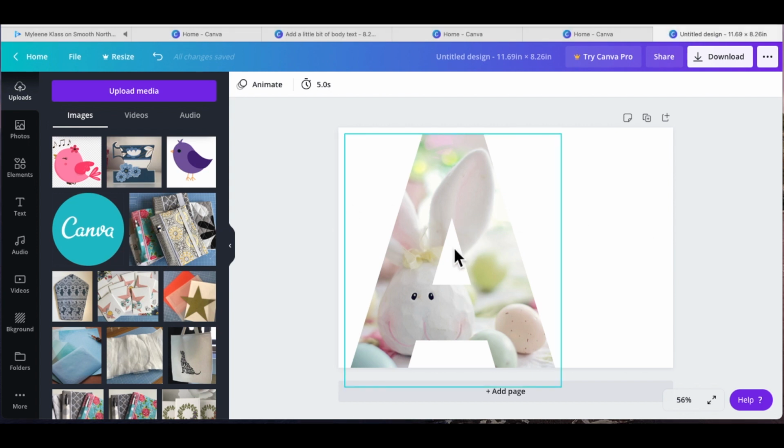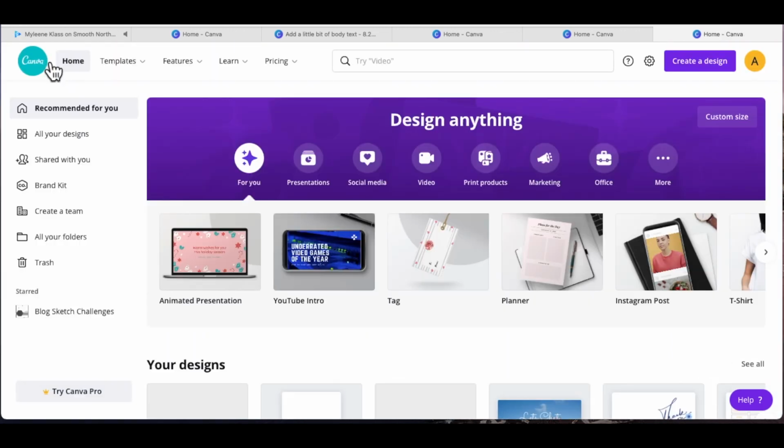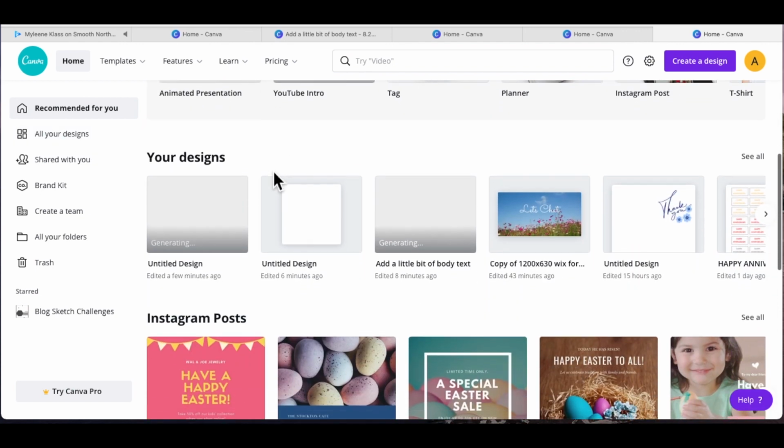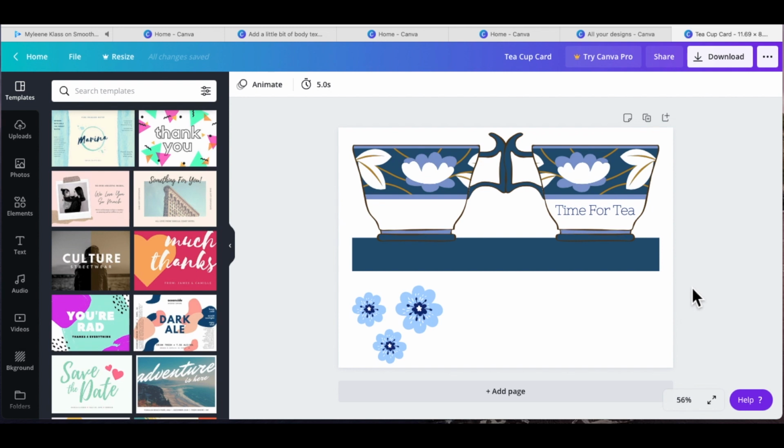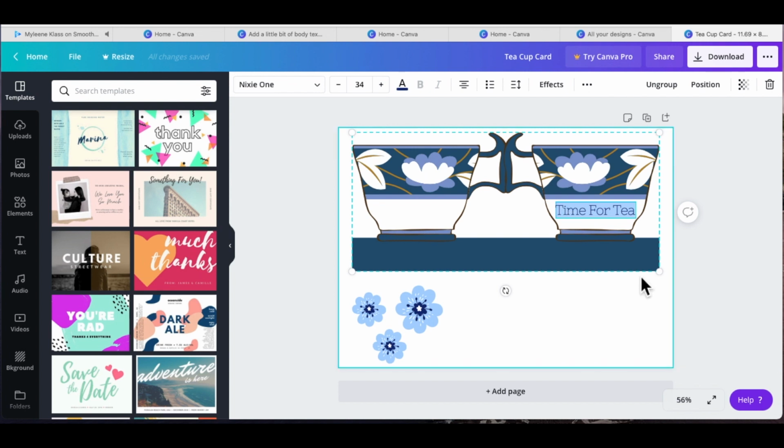But as I said, it's not just for graphics. It can be used with our ScanNCut. So if I come back to home and then to my recent designs, here's the teacup card. I click it and I can bring it on. If I want to use that teacup card again, but I don't want to use the time for tea, which was a suggestion by one of the people on the YouTube live. I said, give me a sentiment to put on here, and I can't remember who it was, but they said time for tea. But if I decide I want to make this, let's have a chat sometime, or happy birthday, whatever it is,